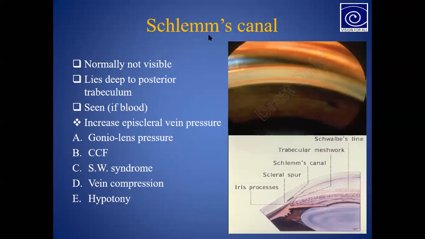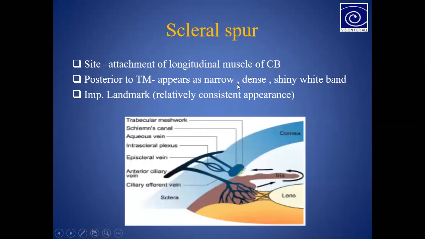And then Schlemm's canal is related to your scleral spur only. Okay, and the scleral spur is nothing but the attachment of the longitudinal muscle of the ciliary body band. There are two types of muscles in the ciliary body. One is the longitudinal muscle and another is